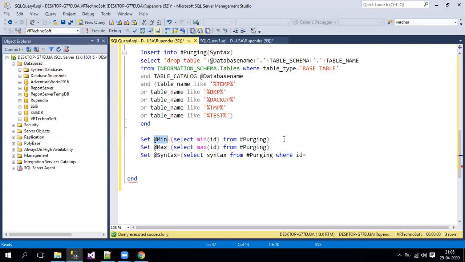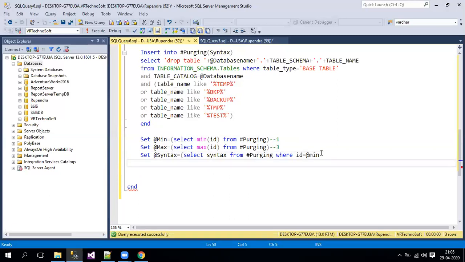The initial value will be 1, right? So here as of now it will be 3. So consider like that. Now I should not put 1 directly here, I'll just mention it as @minimum, because we have stored that value in the minimum variable. So it's better to use that variable to make it dynamic.